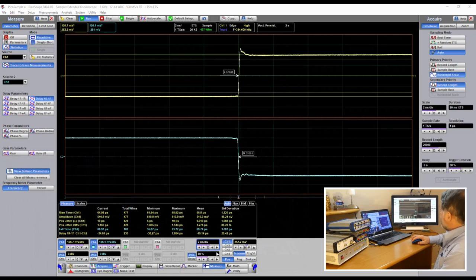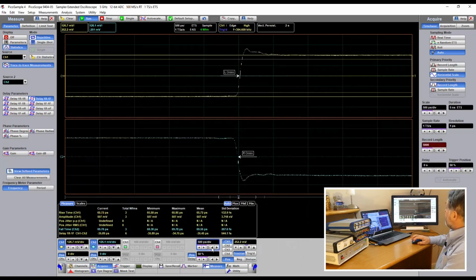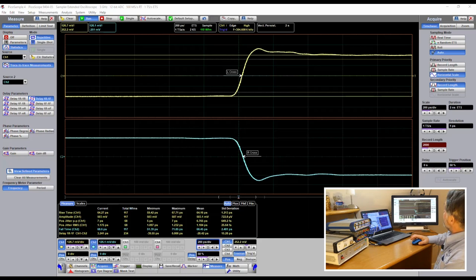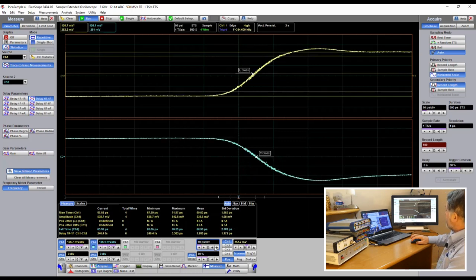If I wanted to see that skew, I still got some more time-based ranges to go here. So as I go to 200 picoseconds per division, you can clearly see now the skew between the two channels. If I go back to the PG900 generator, I can deskew them thus. But let's not look at the detail in that way. Let me take you back down to